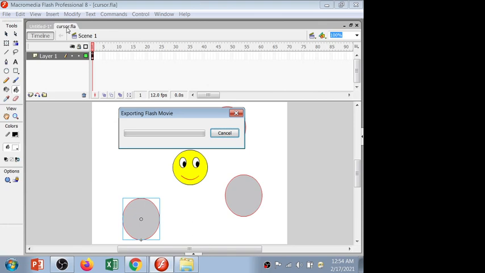No, it's not working. Wait a minute. Cursor file, library. It's working here. I want to